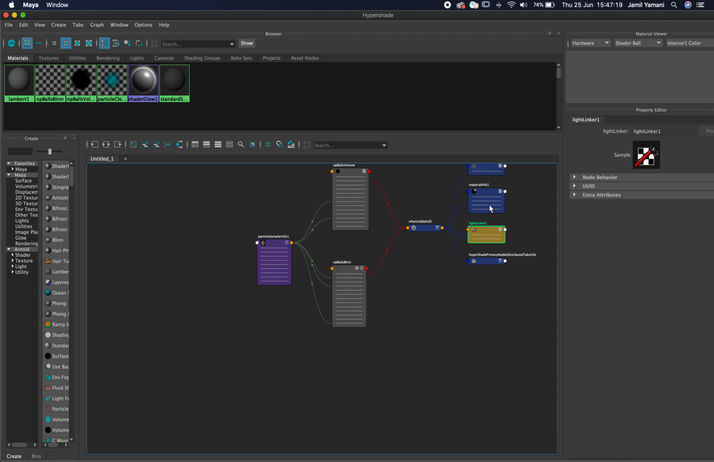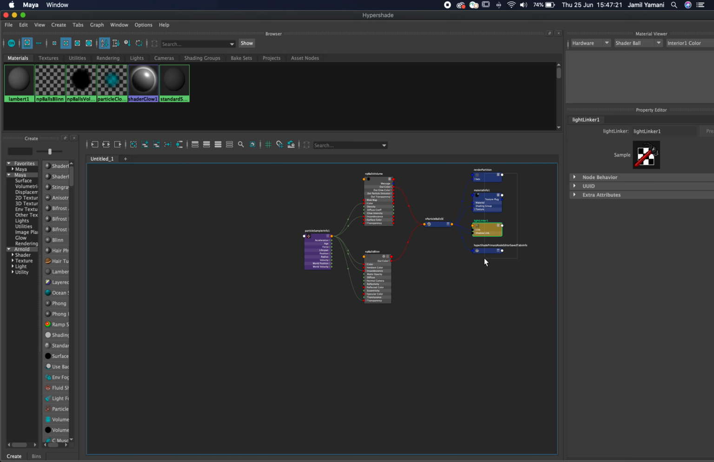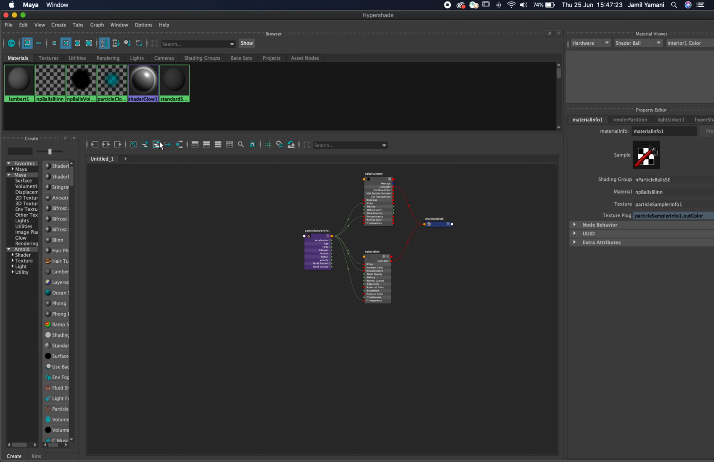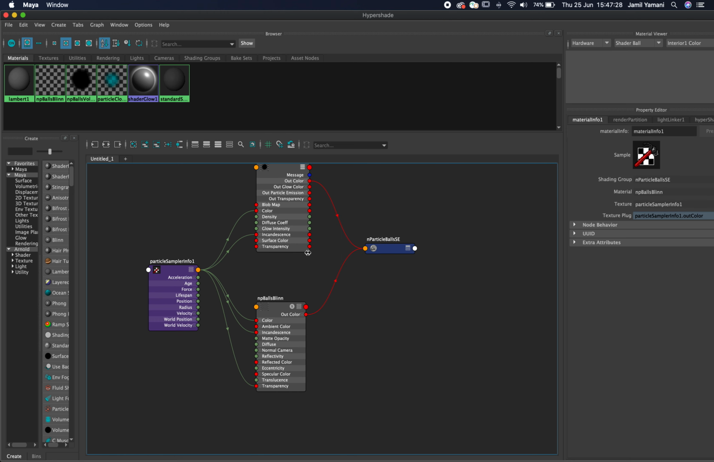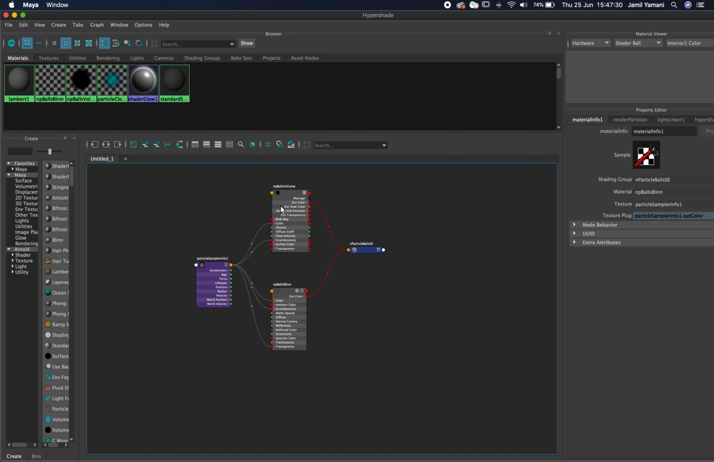We actually don't need this, so I'll just remove it for now. And all of this stuff as well. We just don't really need it. Let's just get rid of that. And really what we want to do here is just rebuild this graph with an AI Standard Surface Shader. So to do that, I'm going to go Tab, AI Standard Surface,